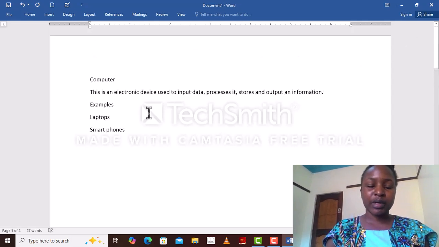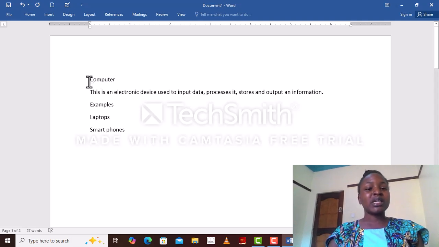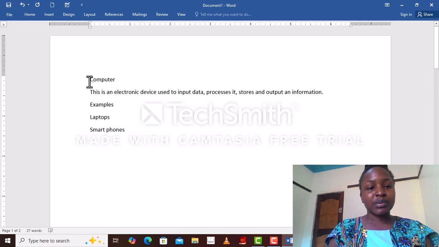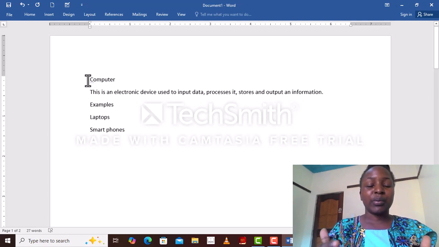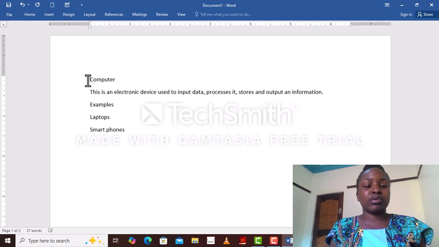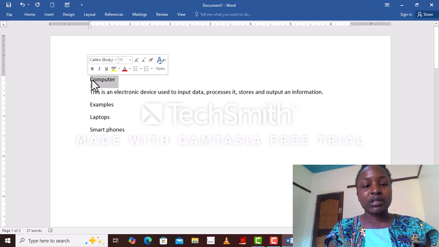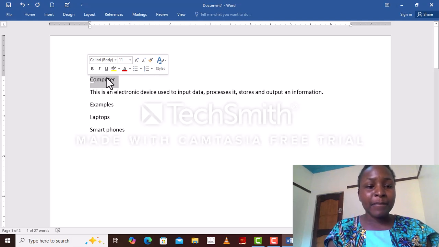So here is our page 1, and since computer is just like a topic, we are going to edit computer because we want it to be like we are making notes. If you're making notes and it is like this, you're unable to know which one is the topic and which one is the subheading. So we are going to do our editing. All you need to do is tap on that, then you drag it slowly, and that is being seen. Then you simply tap on that,